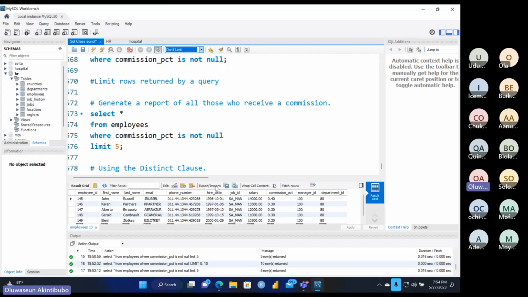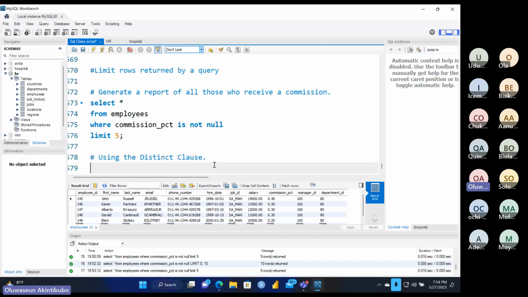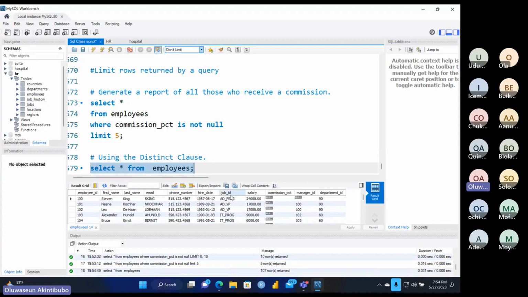Okay, good. So let us say select all from employees. If we run this, pay attention to the job ID column. You'll see that in the job ID column, we have